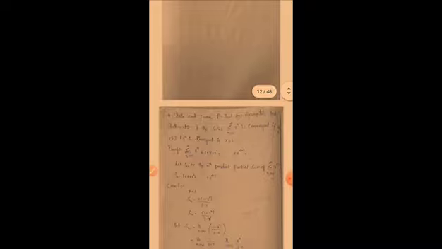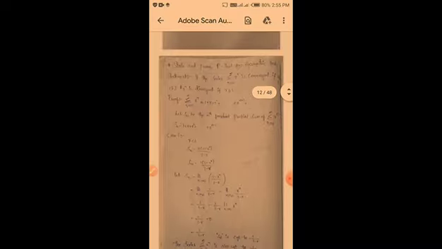summation n is equal to 0 to infinity r to the power of n is equal to 1 plus r square plus up to so on plus r to the power of n minus 1 plus up to so on. Let Sn be the nth partial sum of summation n is equal to 0 to infinity r to the power of n. So Sn is equal to 1 plus r square plus up to so on plus r to the power of n minus 1. Okay, so now check r less than 1 condition.